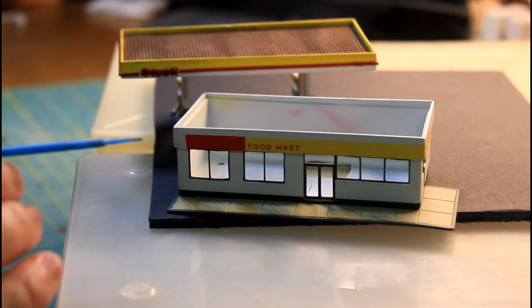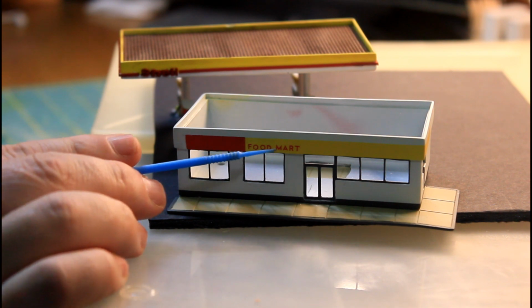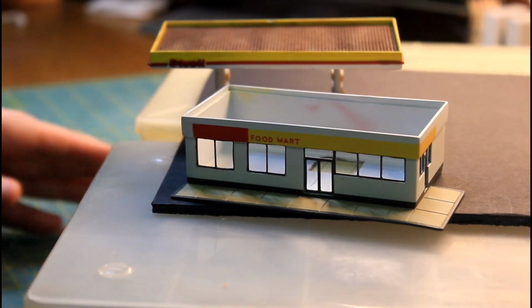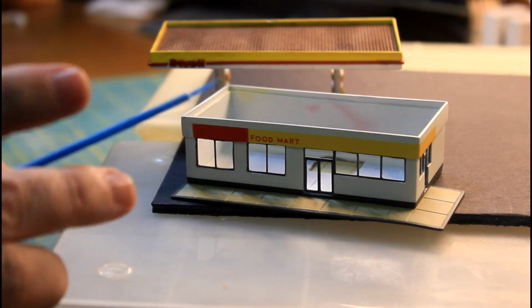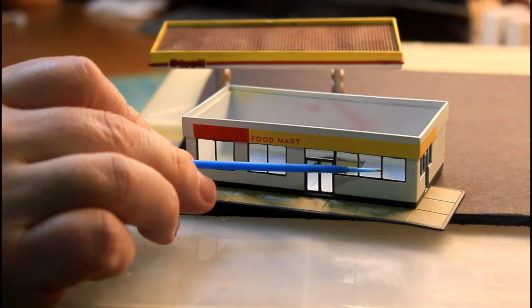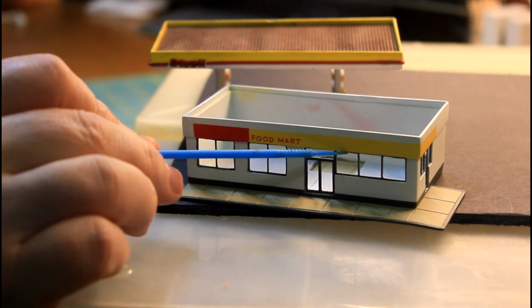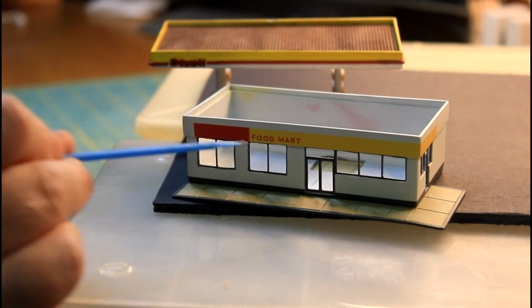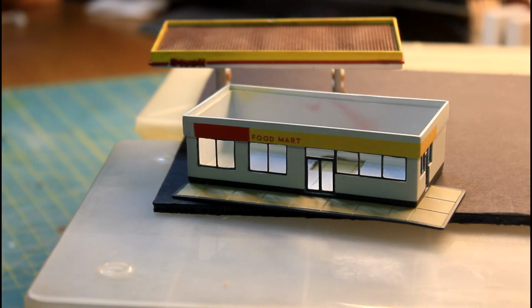Okay, and then I came back in with the red decals and added those to the front. And then the windows, because they were broken, doesn't really show on here, thank goodness. This piece broke completely out, this one broke out, another one cracked off in the middle. So all that had to be glued back together, and once it was glued back together, then I set these